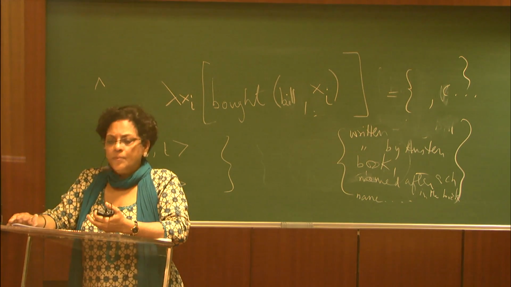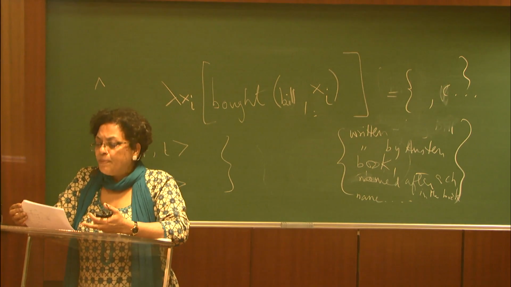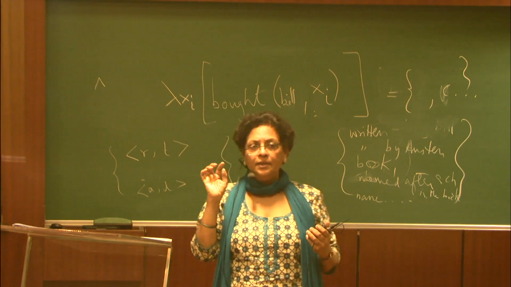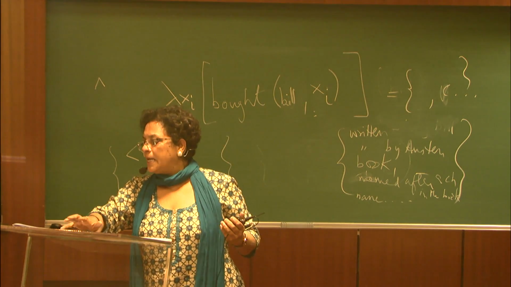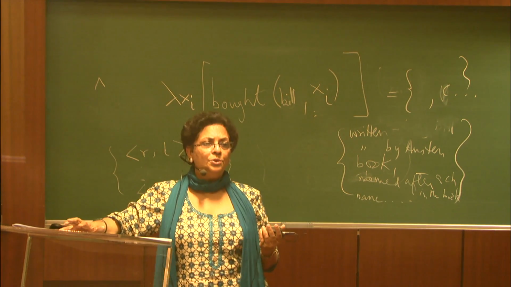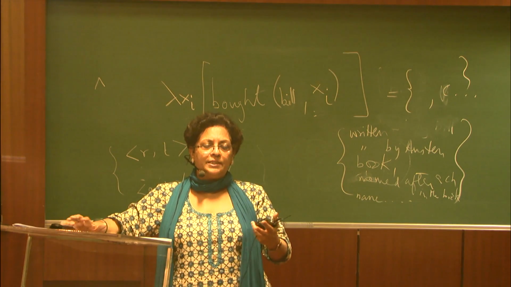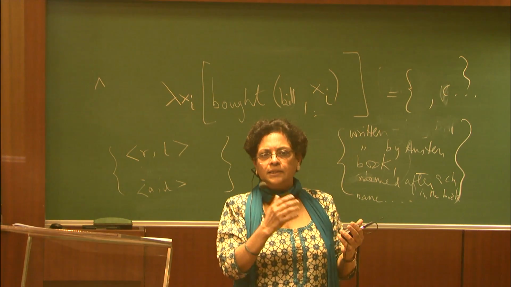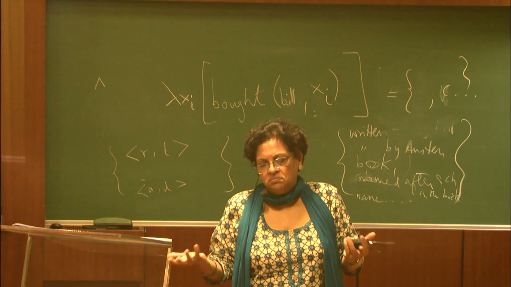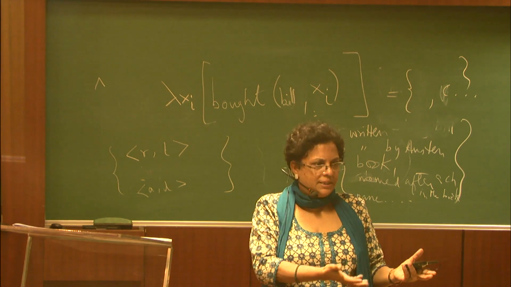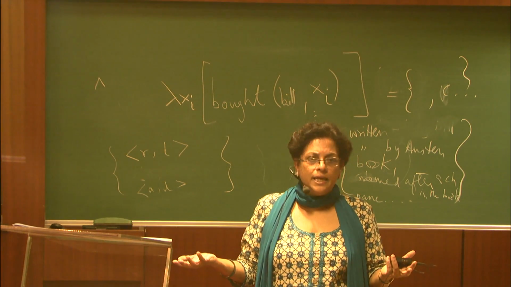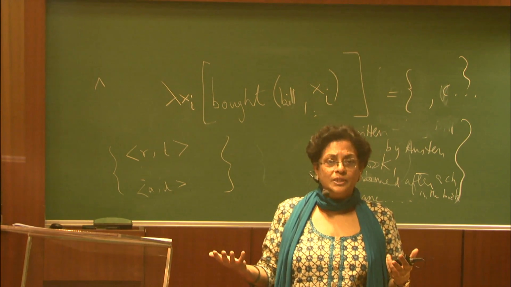Yes. What's the function that cap info? Cap info. Okay. So that's Montague's intensional operator. If you remove the cap, then this is either true or false. So this is the extensional. In this situation, there exists an x, x is a book, Bill bought x. If there happens to be, let's say, Pride and Prejudice and Bill bought it, then you'll say yes, it's true. If not, you'll say false.